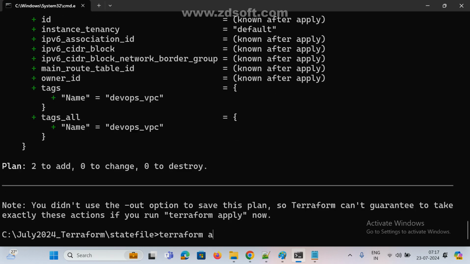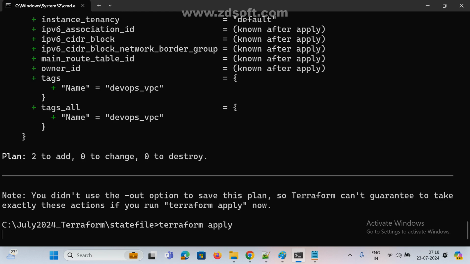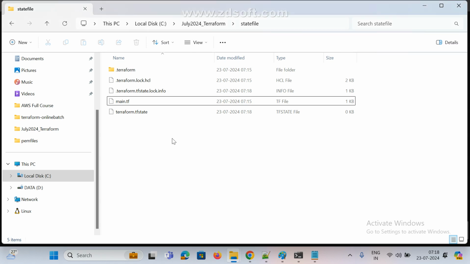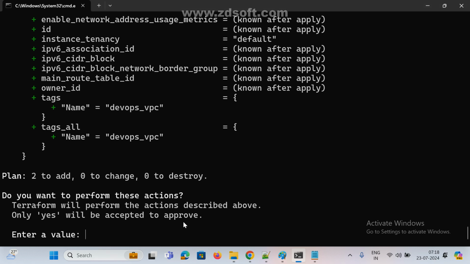See here, terraform apply command. If I use the terraform apply command, then only it is going to create. See here, terraform.tfstate created or not? Check date and time also if you have doubt. Now see here, state file. Now I am going to give yes.